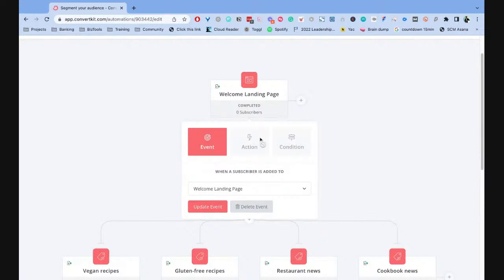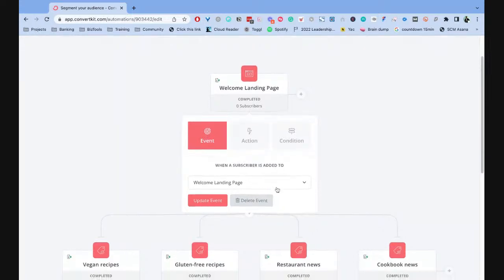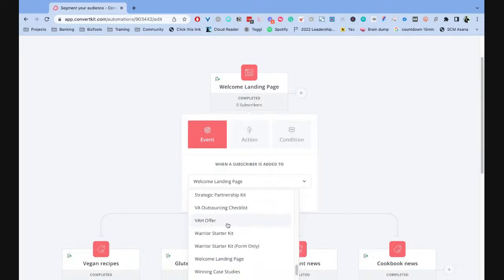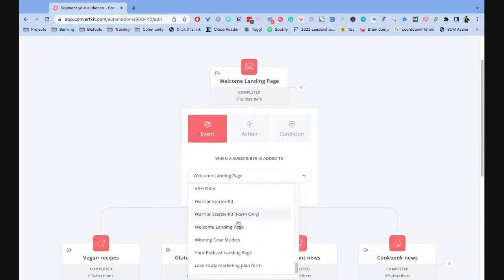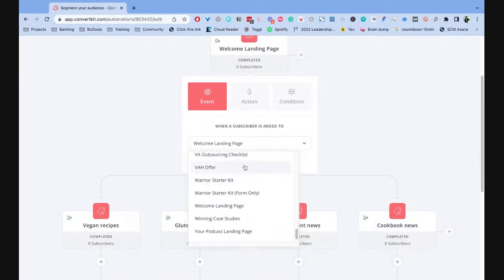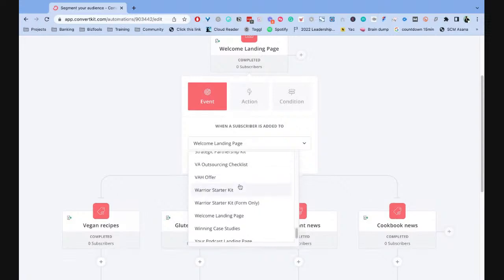You're allowed to choose an event. There's also action and condition, but that doesn't apply here, so you're really forced to choose an event. Then it says when a subscriber is added to, it can be the welcome landing page. You can also click on the drop down, and if you've already set up other landing pages or forms, you can pick one of those, say when the subscriber is opting into my VA outsourcing checklist or my strategic partnership kit, or in my case,